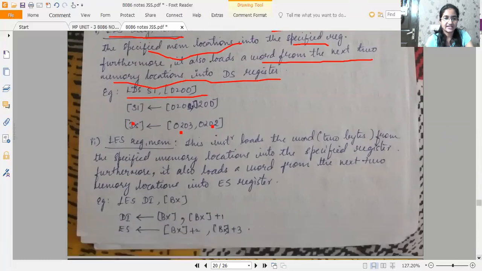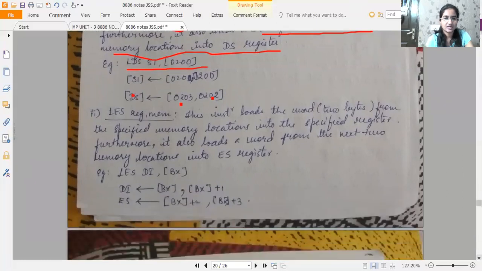Next instruction is LES register comma memory. This instruction loads the word, that is 2 bytes, from the specified memory location into the specified register.